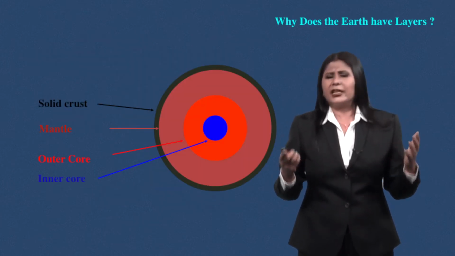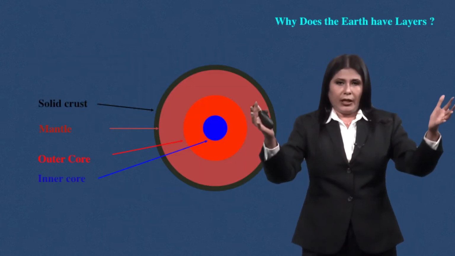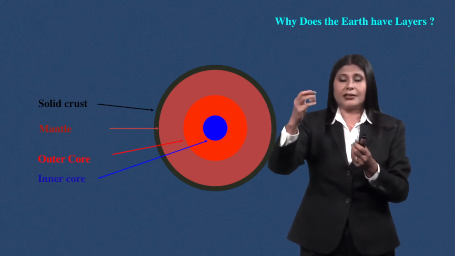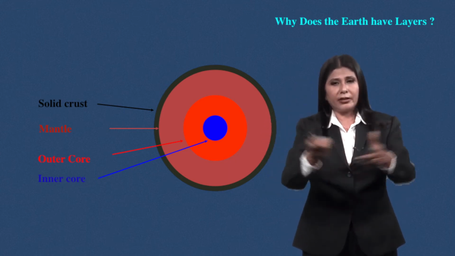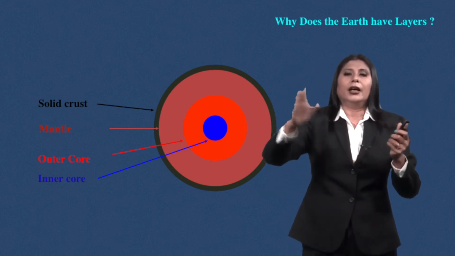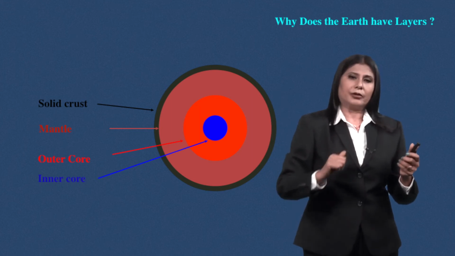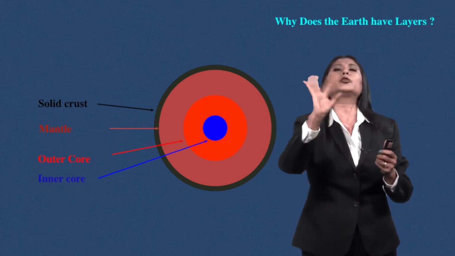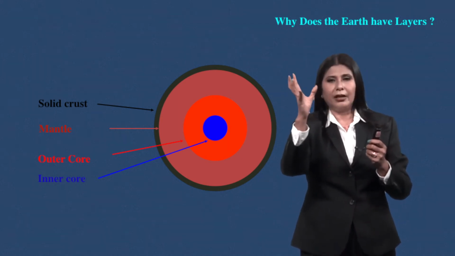Why do we have layers? It is very straightforward. You take a jar, put different weight and size of material into it and shake it. The heavier one will settle down, as you put all this in water. So, the earth was liquid in the beginning, and during the spinning process, the rotation process, the heavier metals are coming and occupying the lower portion and lighter ones are all thrown up.